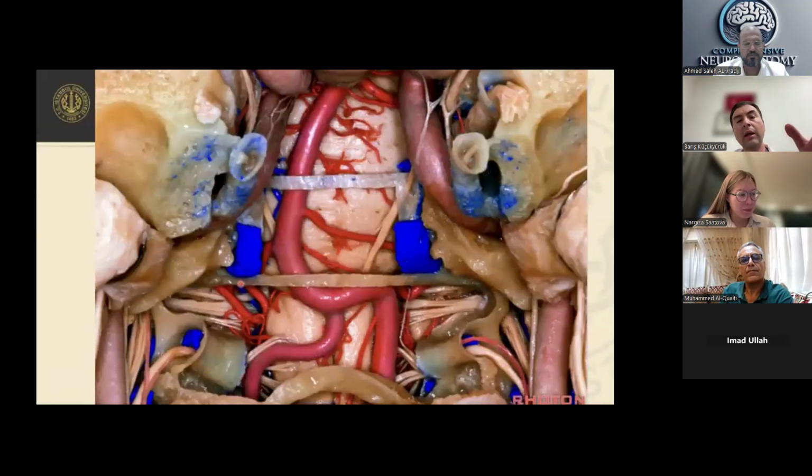And when we go a little bit down, in previous pictures we were focusing around this area. But also we need to remember in any endoscopic surgery, we can go down to the brainstem, to the middle and inferior portions of the clivus. So the sixth nerve originates, this is the pons here, this is the medulla. So this bony landmark is located just at the ponto bulbar sulcus, or inferior pontine sulcus, it's called in other